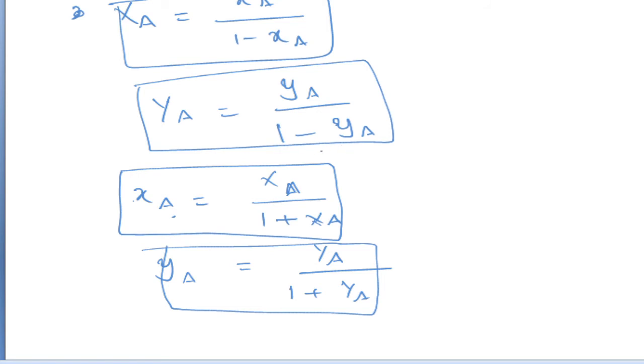Now we will see the number of moles, G and L. Suppose you have a column here, an absorber column, and you are sending your solvent from the top and it absorbs the component and comes out from the bottom. The liquid which is entering the column is denoted as L, with the letter L. The gaseous mixture which is entering the column is denoted as G, and leaving the column here.